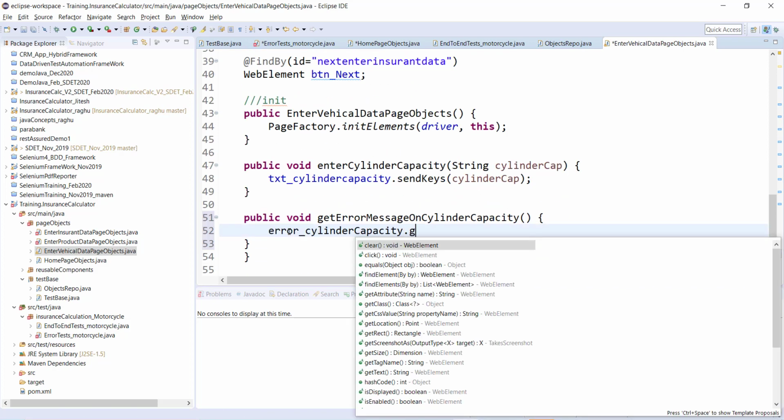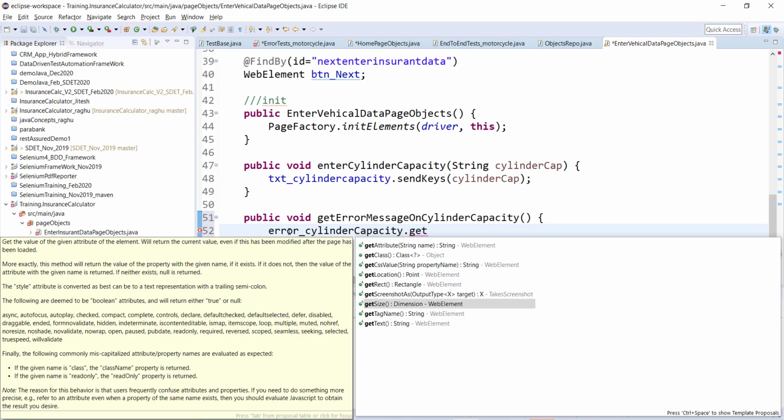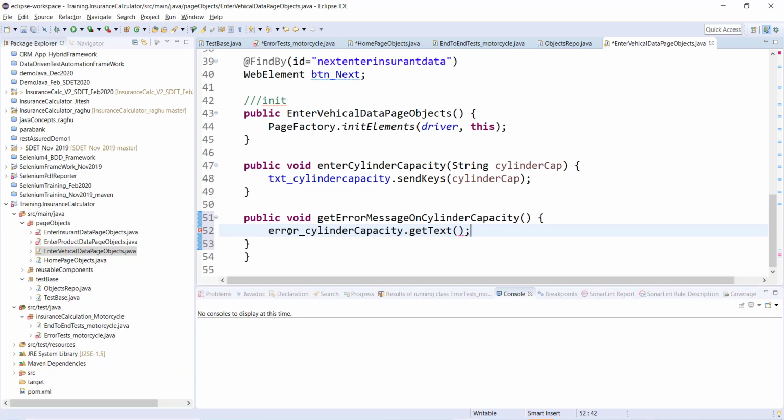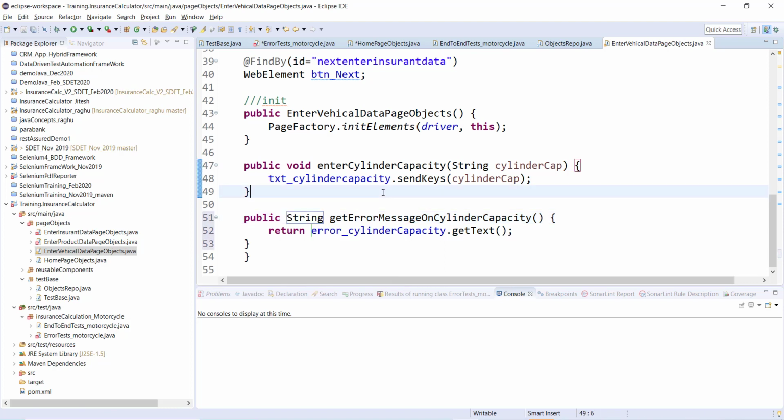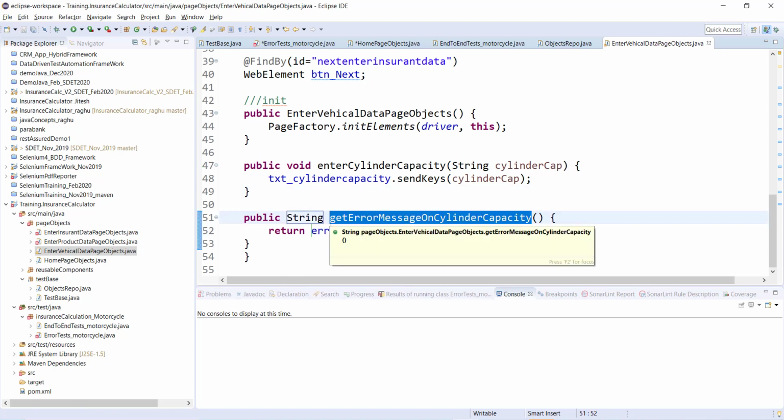The point here is we are getting a text, so whenever someone calls this get error message, I should return him a particular error message. So I will say return this. And since this is a string, I should change my return type as string, right? So whenever someone calls this, I should return him a string. Okay, so now I should be good.